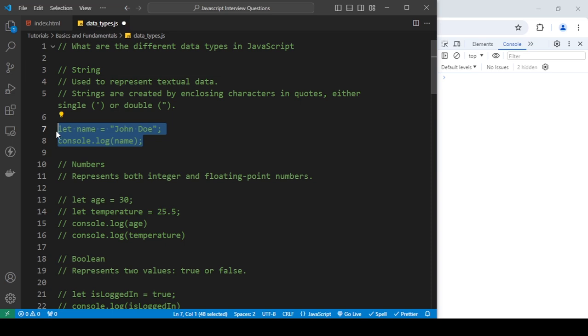So I'll load up the example here. So let's go into this first, strings. Used to represent textual data, which is basically words, sentences. You would use a string for that. Okay, so strings are created by enclosing characters in quotes, either single or double. Okay, so what this means is